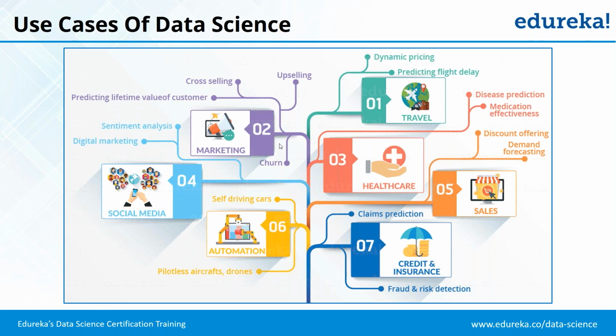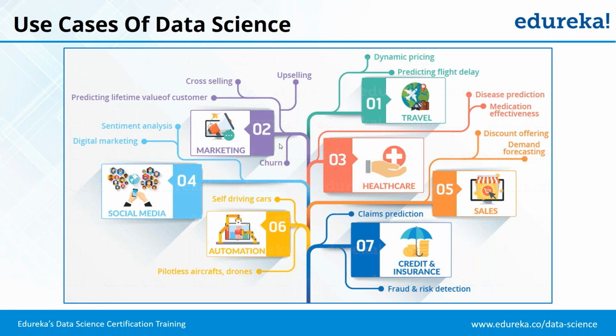Similarly, airlines also do a lot of dynamic pricing. So you might have seen that during the weekends, the prices of the tickets go down. And just before Monday morning, because there are a lot of people who take business flights, prices go up. And during the week, the prices again go down. So a lot of dynamic pricing is done by using data science.